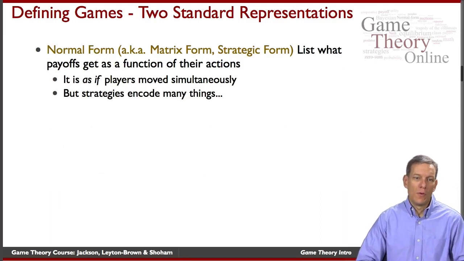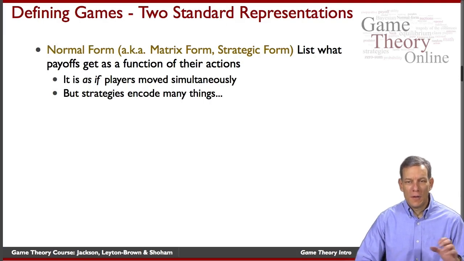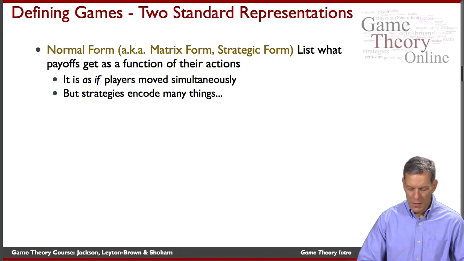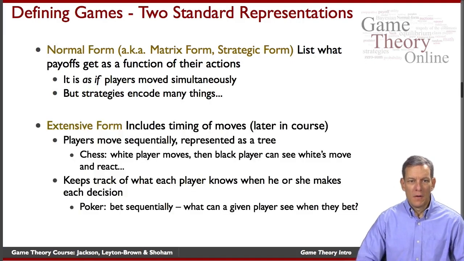One is what's known as the normal form, and that's what we'll be starting with in the course. It's a very simple and stark representation of a game. It lists what payoffs players get as a function of their actions. Normally it's thought of as if players are moving simultaneously, but strategies, and we'll talk about this in more detail, can encode many things. The other alternative representation is what's known as the extensive form, and that includes more